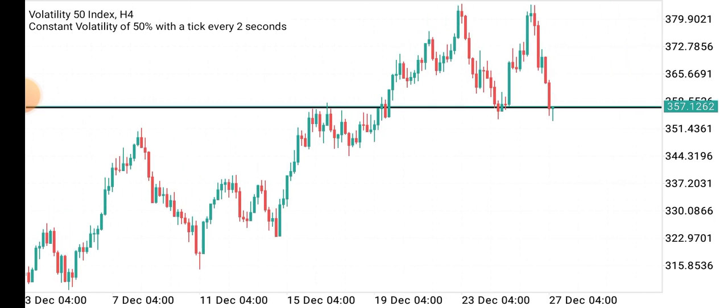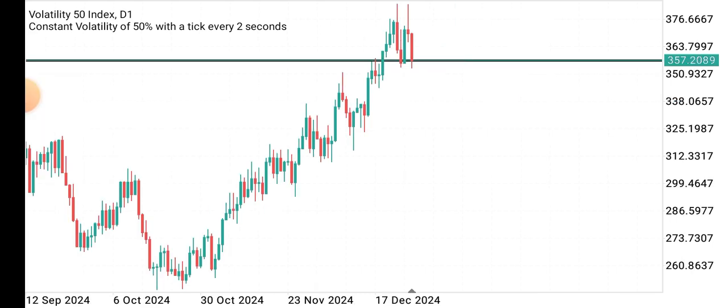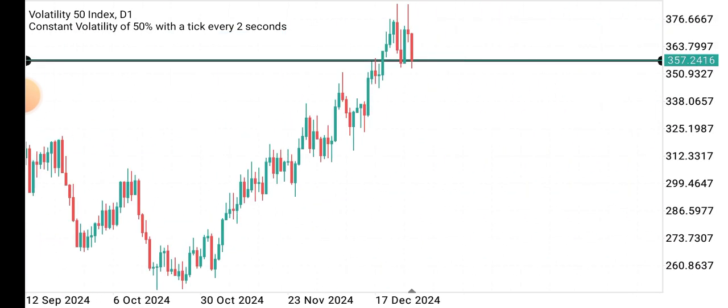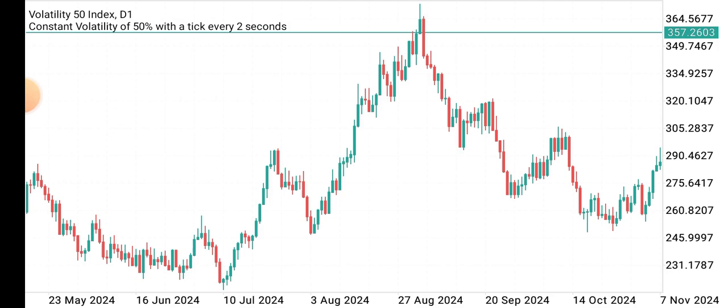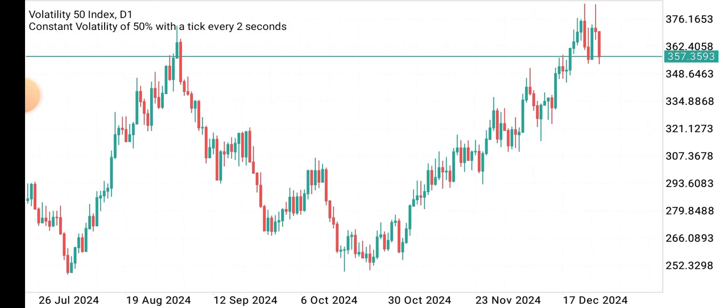Alright, so the first thing you'll do is to go to a higher time frame. I like going to the daily time frame most of the time to check the direction of the market, and as you can see, the market has been bullish. So let me take over this line. The market has been bullish for a while now, and you can see previously there was a high here